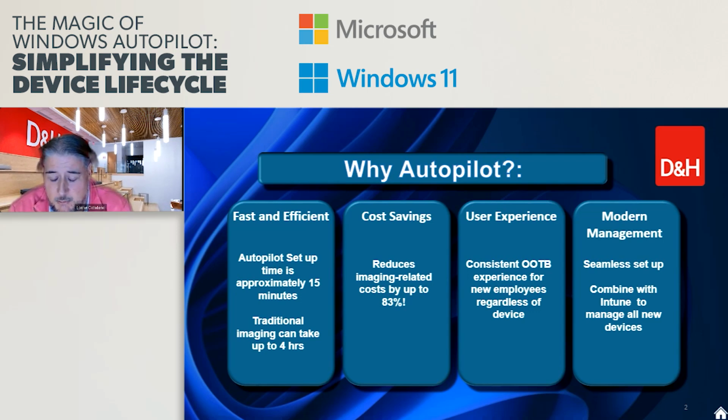For anybody who's been around long enough, you remember the old school version of doing imaging. It was expensive, time consuming, and tedious. With Autopilot, it's fast and efficient. The setup time is approximately 15 minutes per device versus imaging that would have previously taken up to 4 hours. D&H has an integration center that has a 300 unit bench capacity